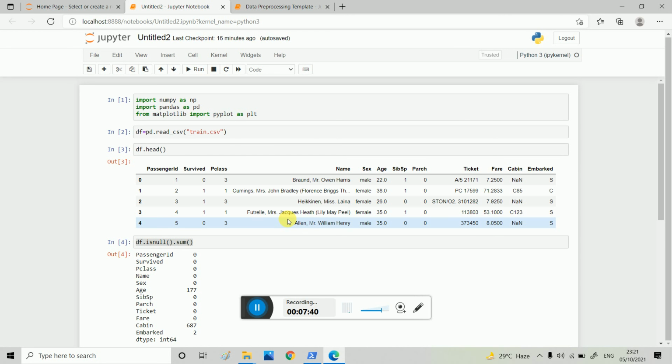Name, parch, ticket, fare are not dependent on survived or not. Basically sex, age, SibSp depend, but parch, ticket, fare, cabin, embarked are independent of survived. So you have to think in such a way that if a feature is not dependent on survived or not, you have to remove that from your data set.